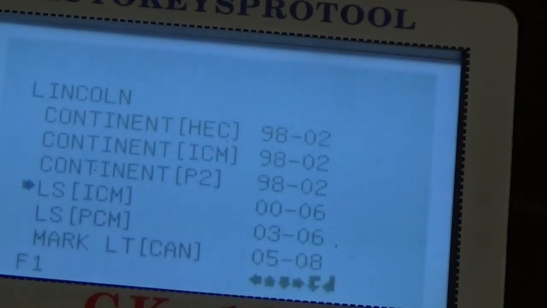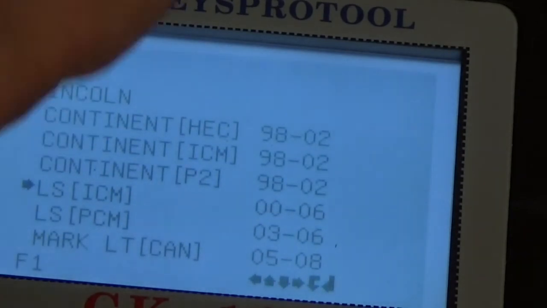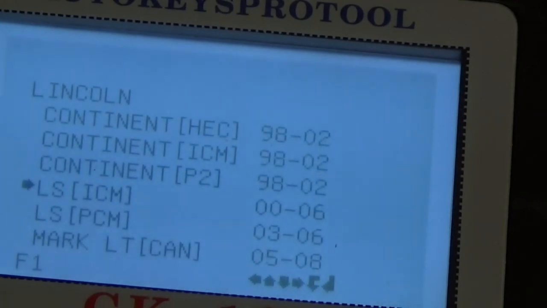Now the first time I used the PCM because I do have a PCM on the car, and I thought, well, that's where this key thing, immobilizer unit, operated out of, but it didn't work. This is from 03 to 06. The ICM says from 2000 to 06. So the next time I tried that one, and it worked. So you just push enter,